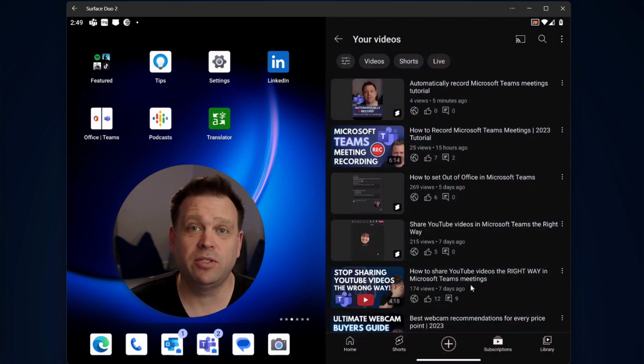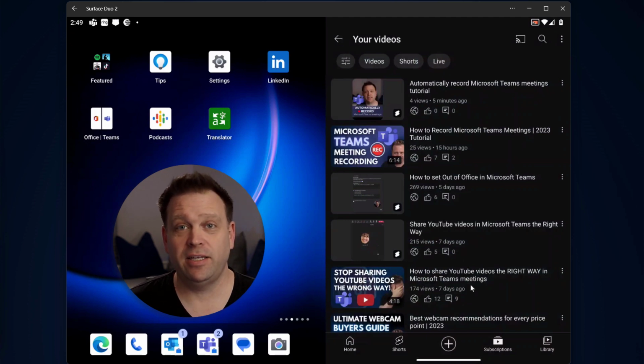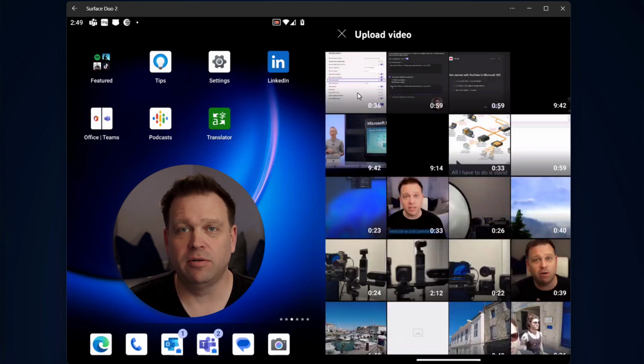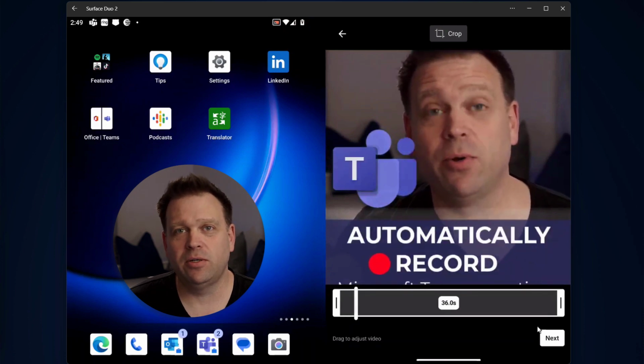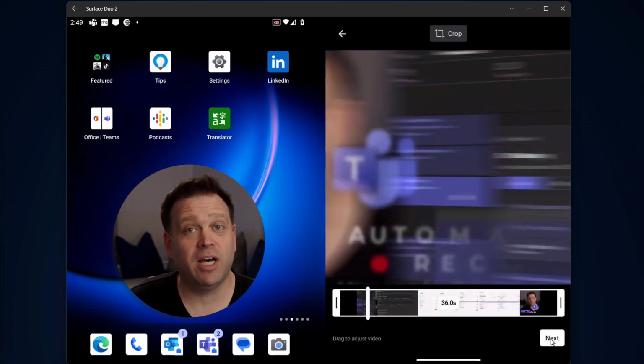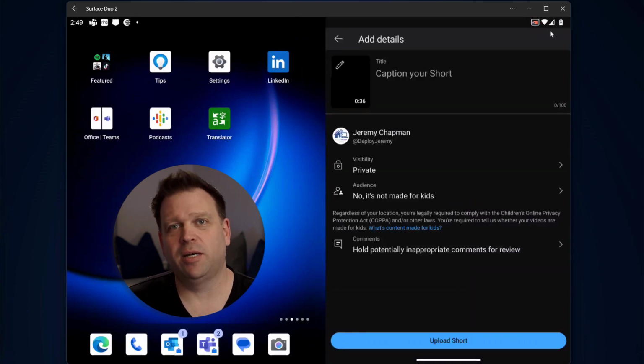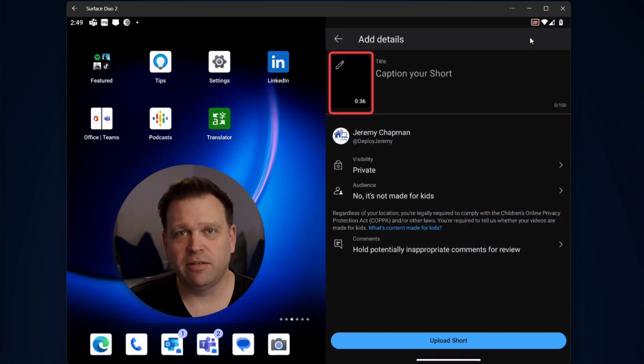Okay, so it starts in the Android app that you'll have for YouTube Studio. In this case, you'll go into your channel and hit the create button, the plus sign down at the bottom. Now once you hit the plus sign at the bottom, it's going to give you the right dialogue to basically upload your video. So you'll hit the video that you want to upload in your camera roll effectively after you've copied it to your device. And from there, you just hit the next button a couple of times to get to the screen where you will define your thumbnail.